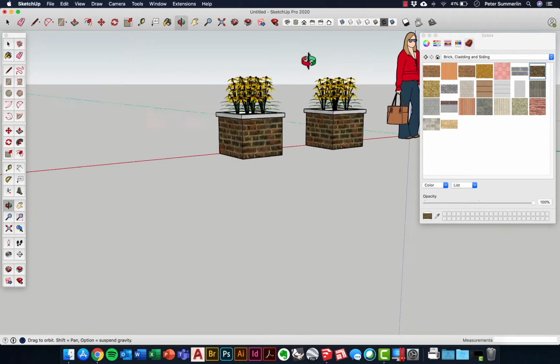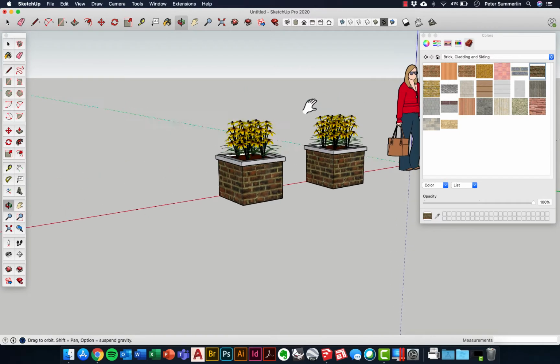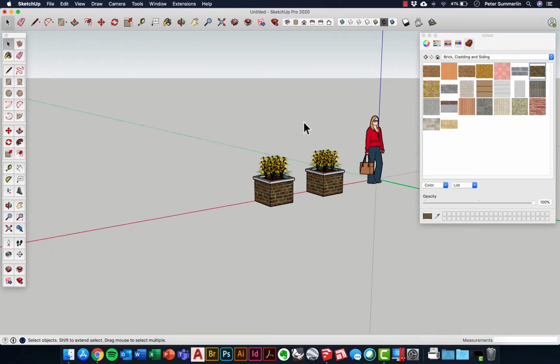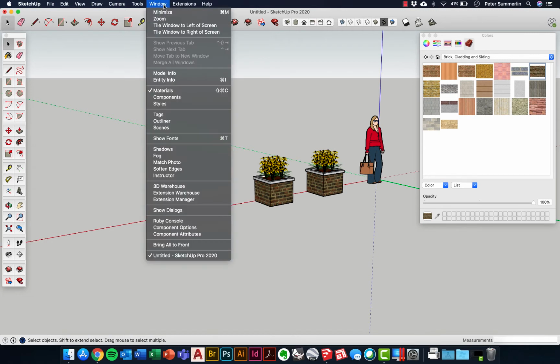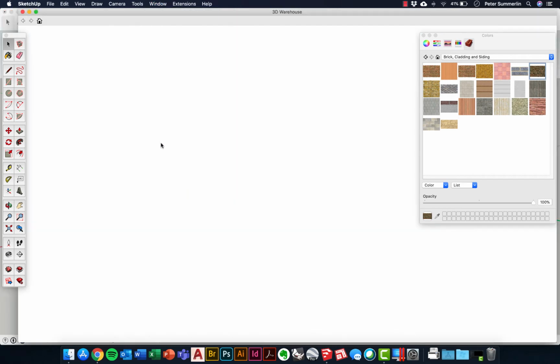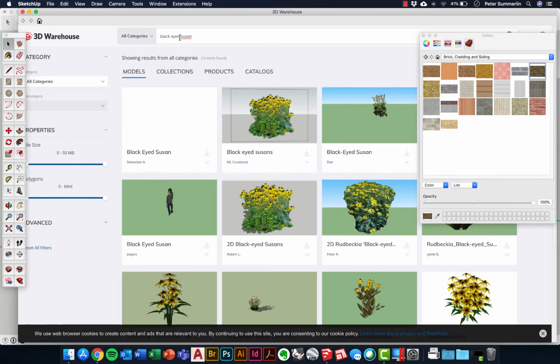Now, the next thing that I want to do is actually use the 3D Warehouse to bring in some trees into my SketchUp model. For landscape architects, trees are going to be a huge part of this, and being smart about how you are selecting trees is really important. I'm going to go to the 3D Warehouse, and instead of Black Eyed Susan, I'm going to type in 2D